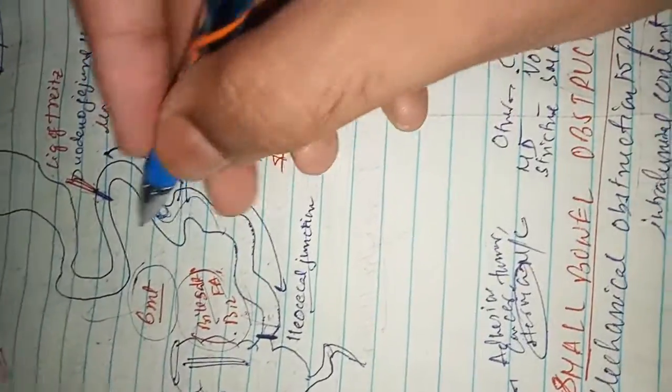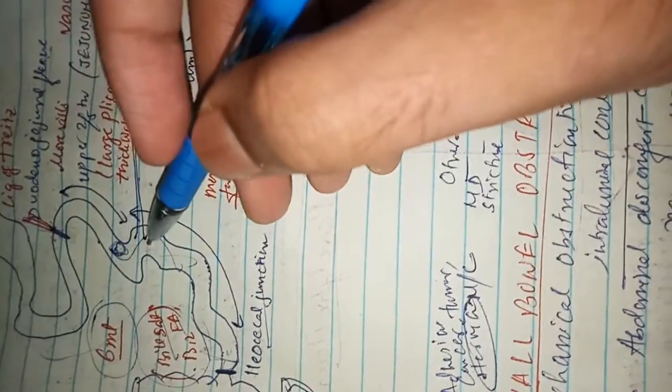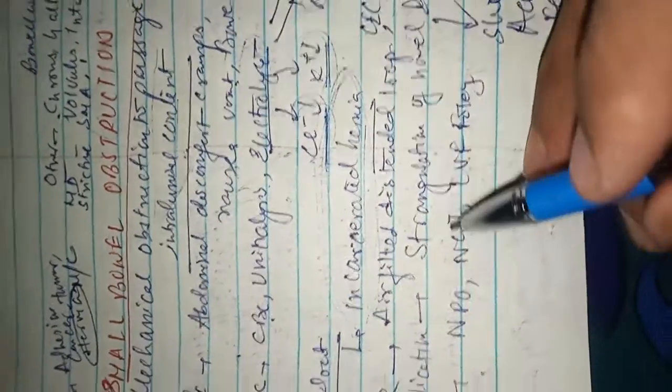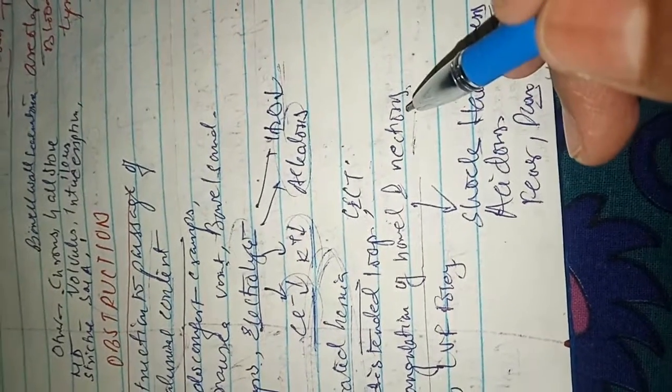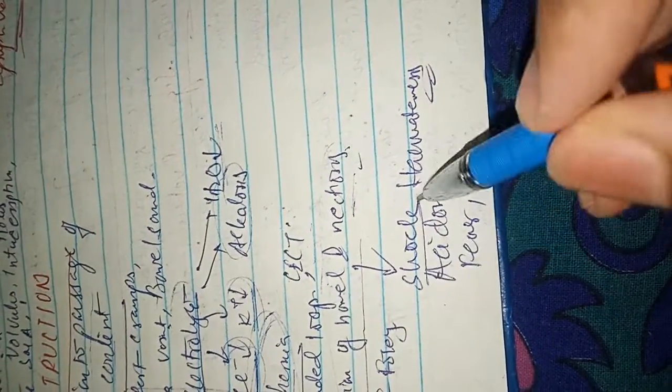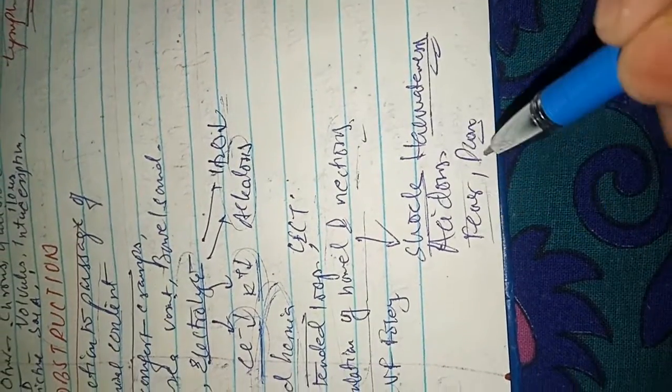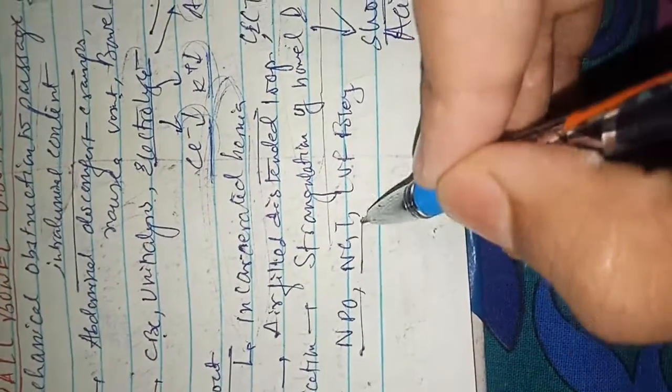What is the complication? If there is a bowel obstruction, the mesenteric artery and its branches can be involved, so there will be twisting and strangulation of the bowel, and hence necrosis. What will be the clinical features? If there is strangulation and necrosis, the patient will complain of hematemesis, shock, acidosis, fever and abdominal pain. So what will be the management? Management is NPO, NGT and CVP with Foley.